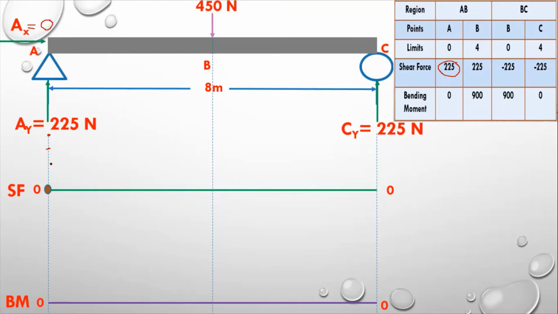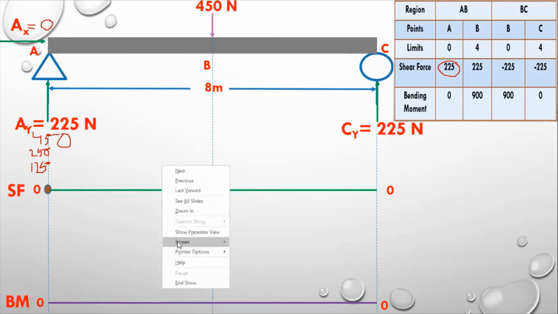If you are taking 125, it should be lesser than this. So it should represent that you are taking a smaller value, and it will show your audience that it is the lesser value. And if this is 250, it should be greater than 125. And if you represent 450, it must be greater than 250 and 125. So you have to take the values accordingly, as it is increasing upward.